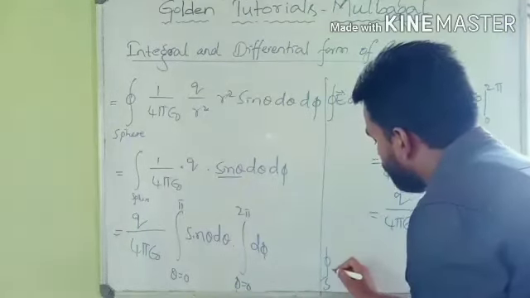We know that when there is a group of charges, the resultant electric field can be determined using the superposition principle. That means the resultant electric field is equal to the vector sum of all the electric fields due to all the charges present inside the sphere. Suppose E1 is the electric field at the surface of the sphere produced by the charge Q1, then E1 plus E2 plus so on plus En, where E2 is the electric field due to charge Q2, and En is the electric field due to the nth charge, because we have considered a group, that means n charges inside the sphere of radius r.